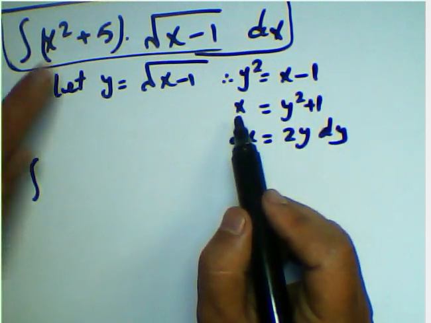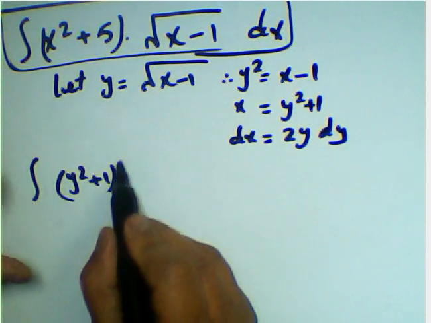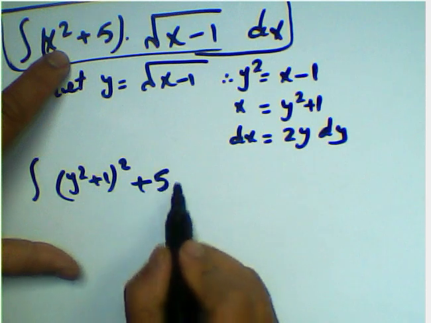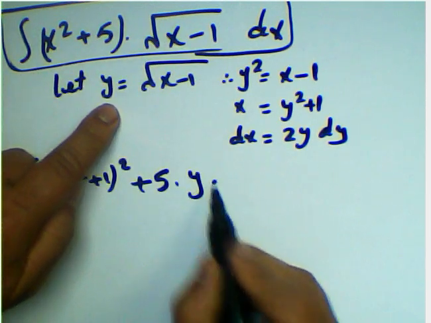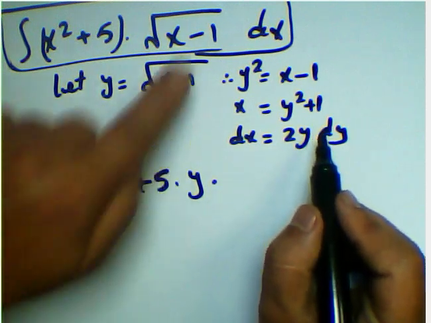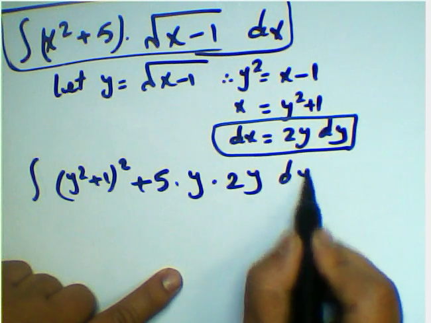Then we can cancel x here and write y power 2 plus 1, all power 2, plus 5 multiplication by this function, we put it here y, multiplication by dx equal 2y dy,